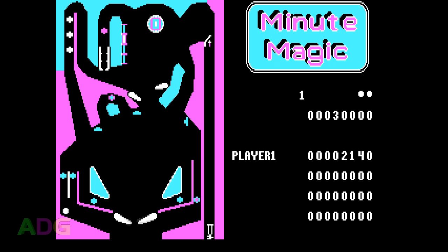Between the scores and the back glass is the current bonus amount, the multiplier which will be applied to the bonus when the ball drains, and the number of balls left, including the one currently in play. As you can see, all games are played out as 5-ball games, and there's no way to adjust this in